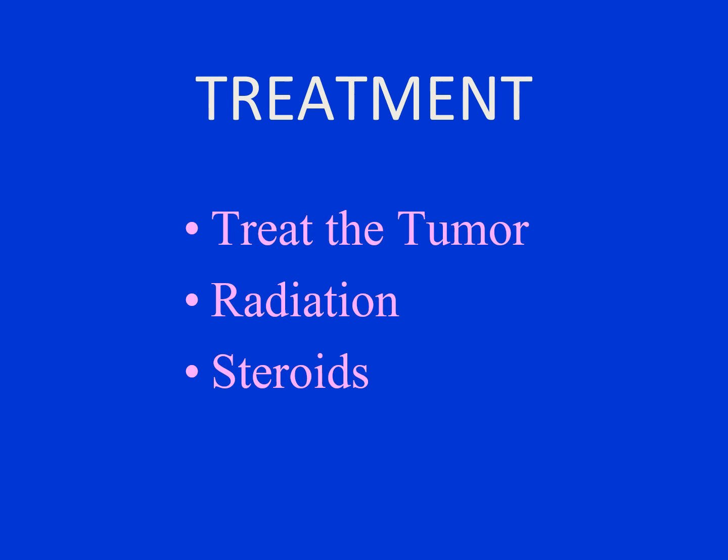So the treatment of superior vena cava syndrome is to treat the tumor. Steroids only work if the tumor is sensitive to steroids. So for a lymphoma, you'll get some results from steroids, but for lung cancer, probably not. Radiation therapy is the treatment of choice, along with systemic treatment of the tumor.